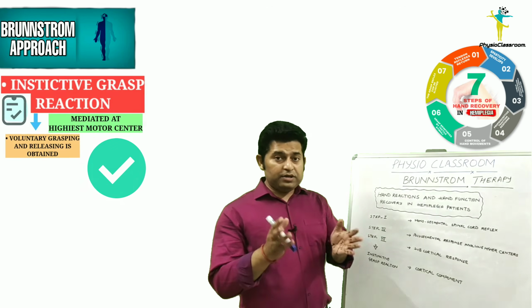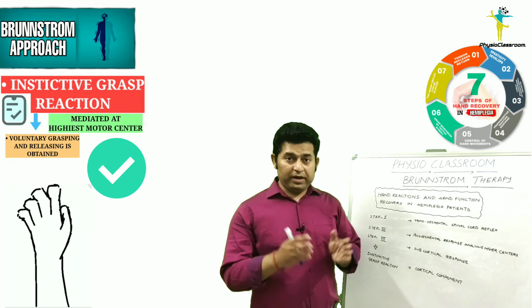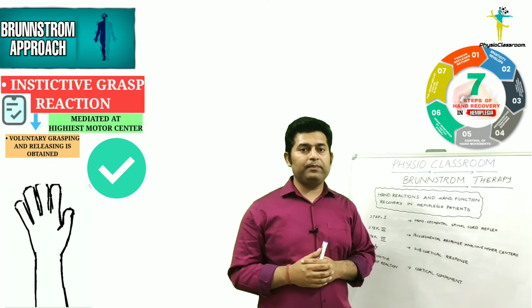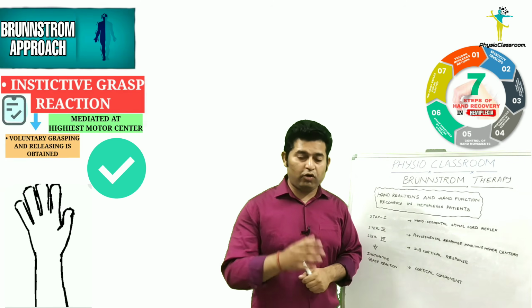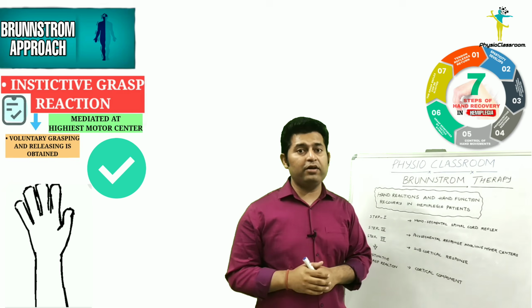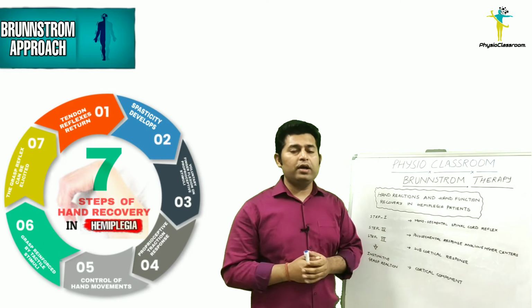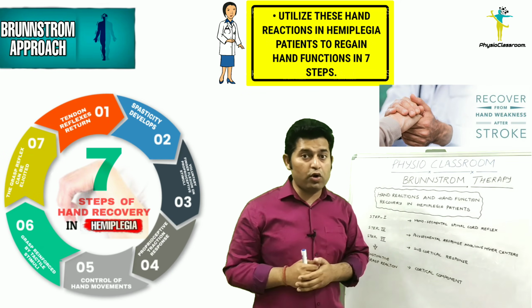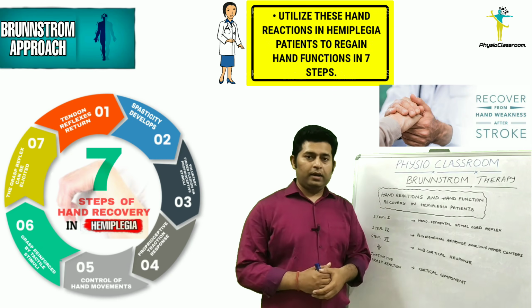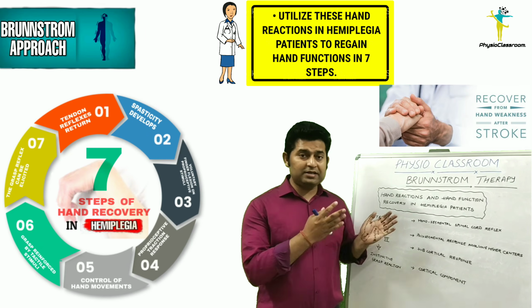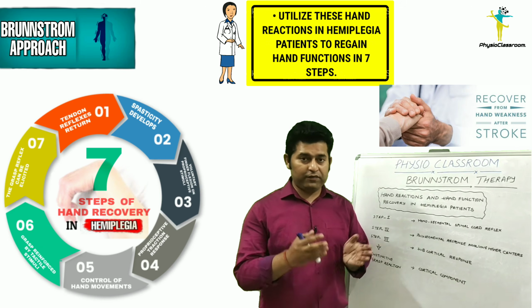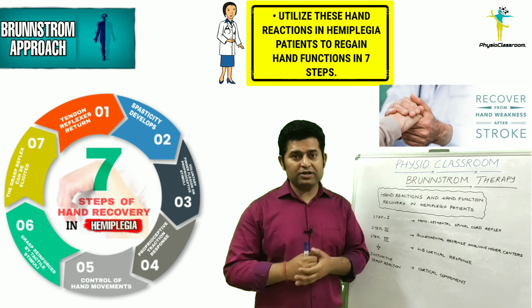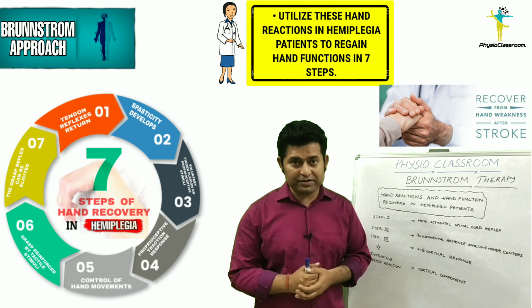Finally, there is inhibition of this instinctive grasp reaction, and the hemiplegic patient gains complete control over the voluntary grasping and releasing functions. So this is how the hand function restoration takes place in a stroke or a hemiplegic patient. The hand reactions described in this video can be utilized by physiotherapy students and practitioners to facilitate hand function recovery